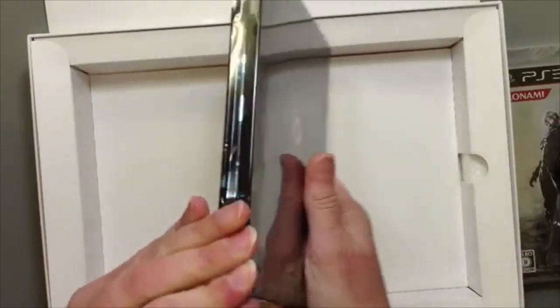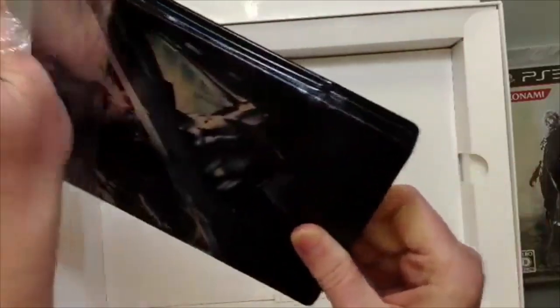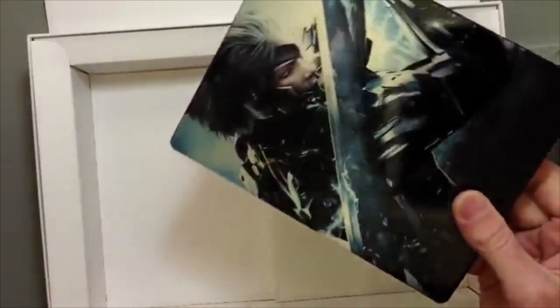And this, let's open it up and see. It's like a metal case. It feels nice and cool if I can get it cracked open here. They always have really nice stuff in there. Specialty box sets like this. So in here we've got